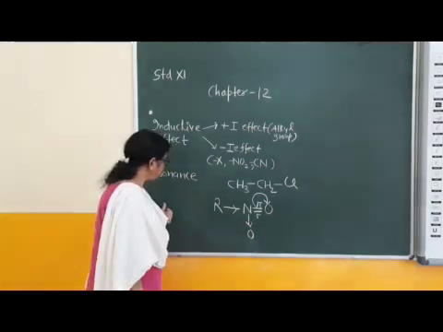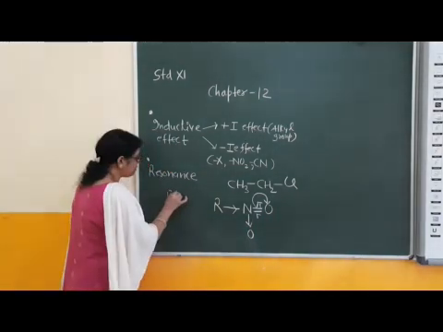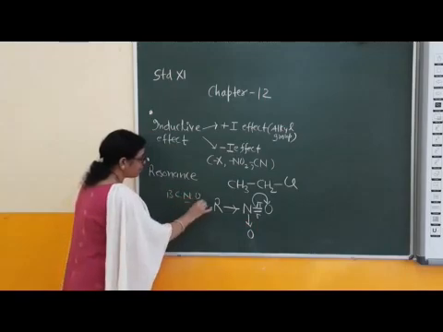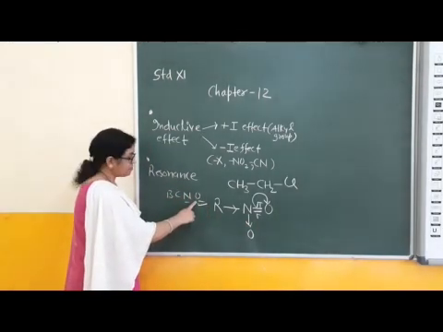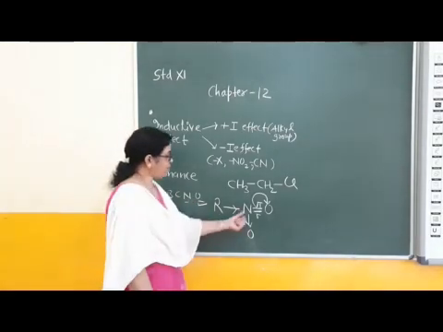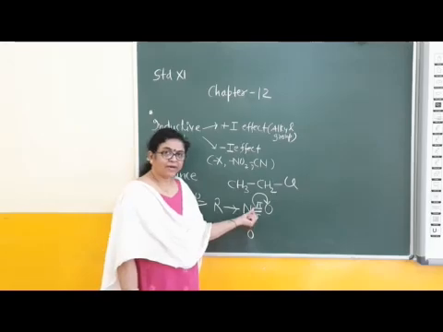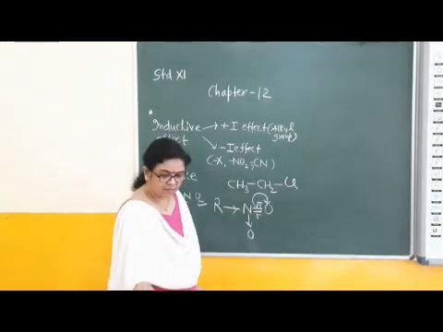Okay children, B, C and O in the periodic table. Which atom is more electronegative? Oxygen. Oxygen is more electronegative than nitrogen. And what is the direction of shifting of pi bonded electrons? Towards the more electronegative atom.